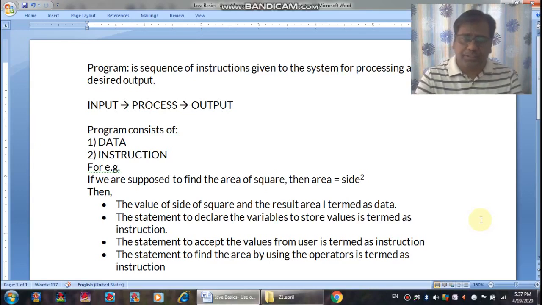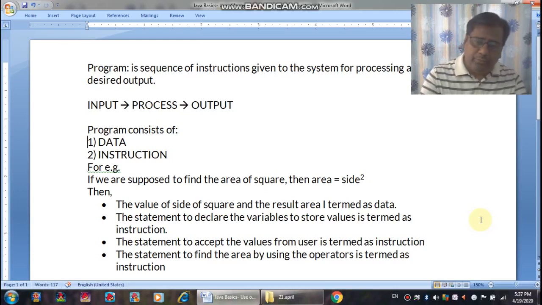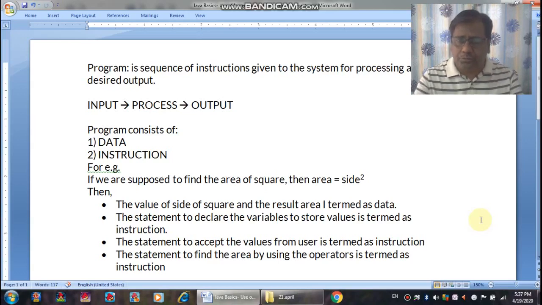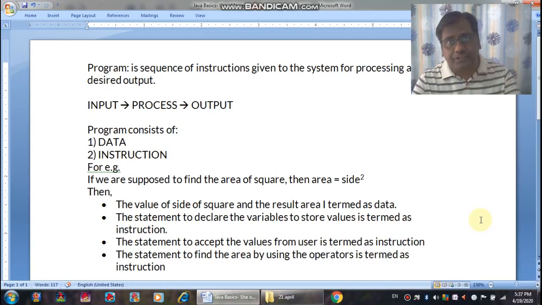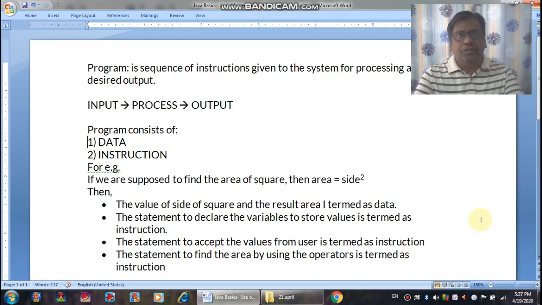Step 1, step 2, step 3, and so on. You have identified different steps to evaluate and reach the solution. But you will come to the solution when you execute, when you run these steps in sequence. That means when you are giving these instructions in a sequential manner to the computer system, you are giving these instructions to the system to process.